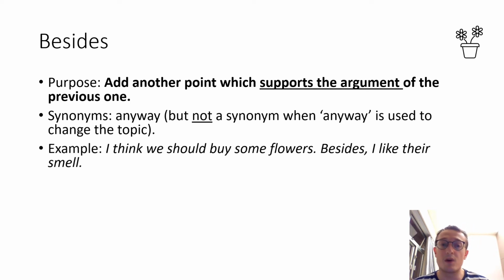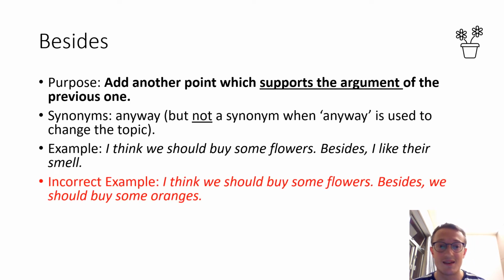So an example of a besides sentence, here we go. I think we should buy some flowers. Besides, I like their smell. An incorrect example would be, I think we should buy some flowers. Besides, we should buy some oranges. Now, why is the first sentence correct? Why is the second incorrect? Well,